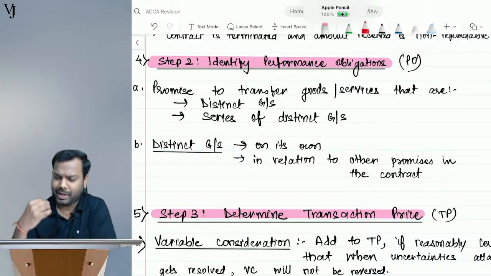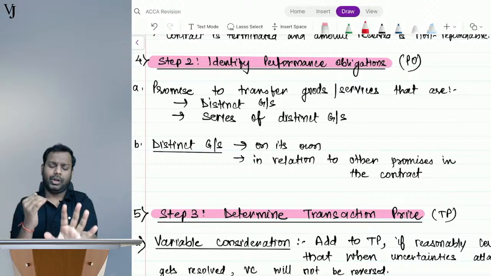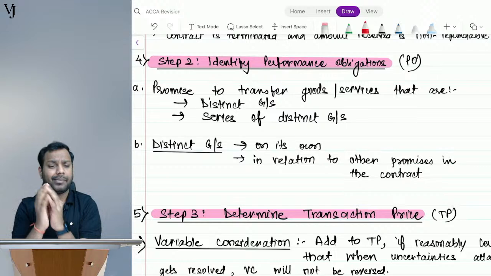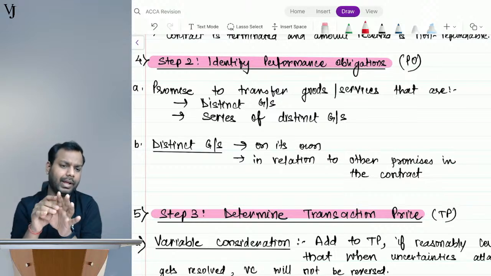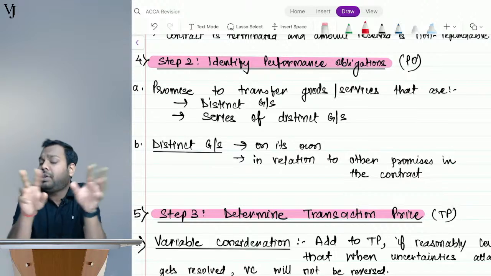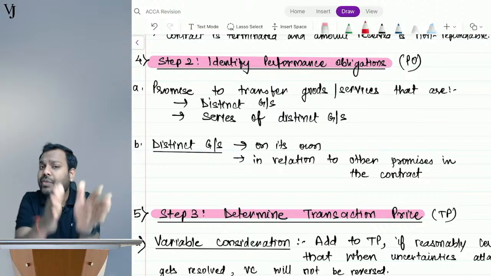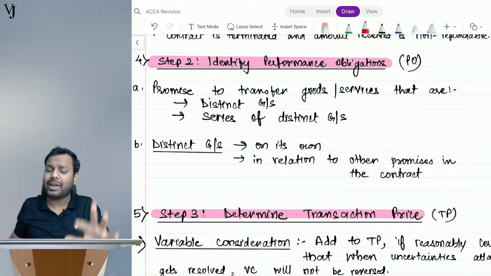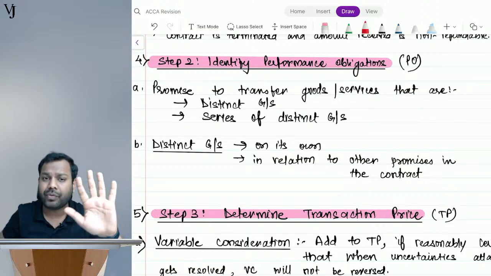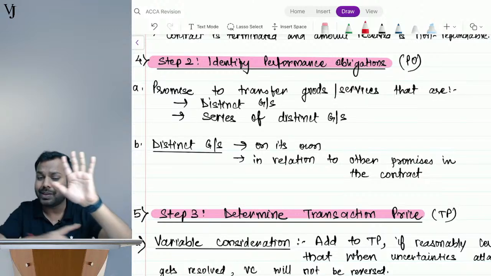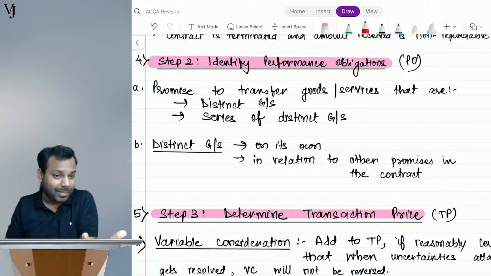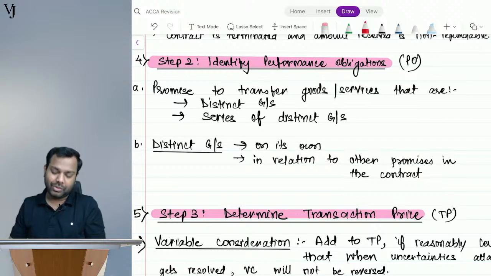Guys, tell me, every day, this 5-day revision series, don't you think so? Every day I am coming at the same time and delivering lectures to you. This is the 4th day and 1 more day is remaining. Every class is different from each other. So don't you think this is a series of distinct goods or services? 5 distinct goods or services in a series. That's why we say revision series. So this is called a series.